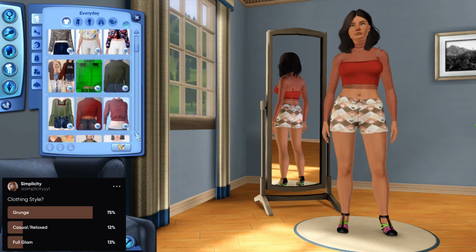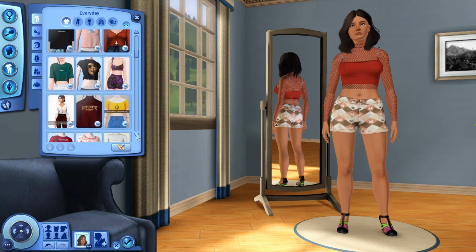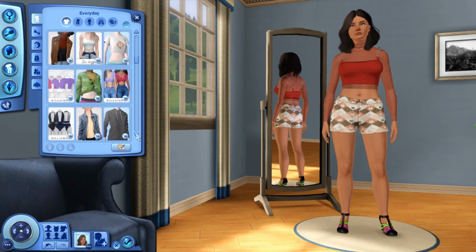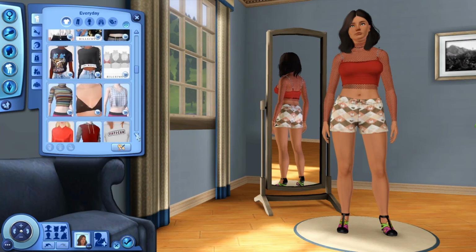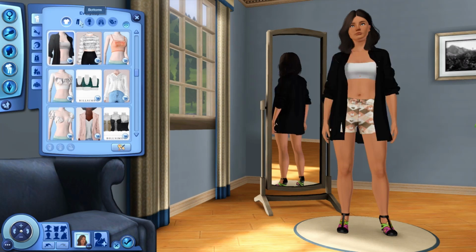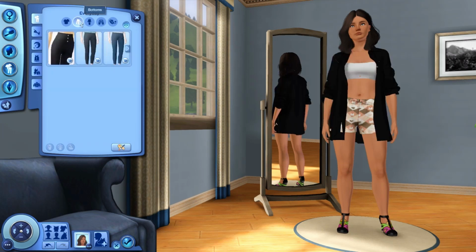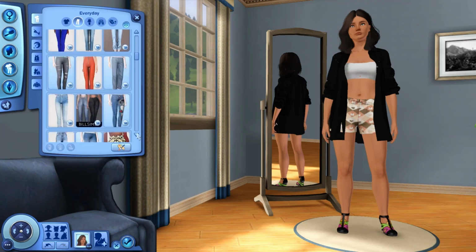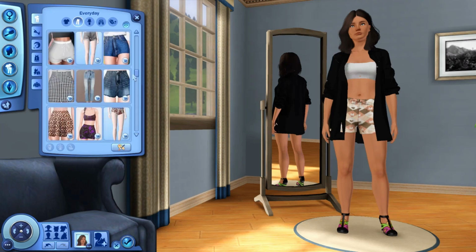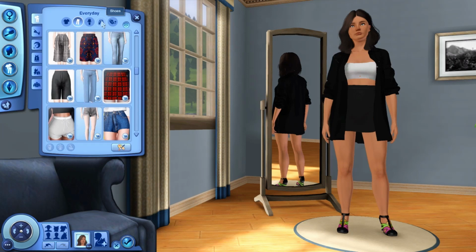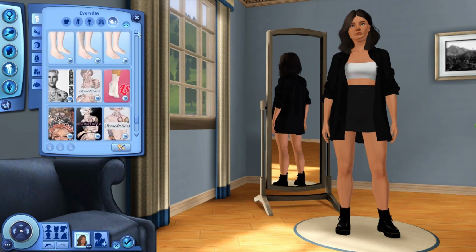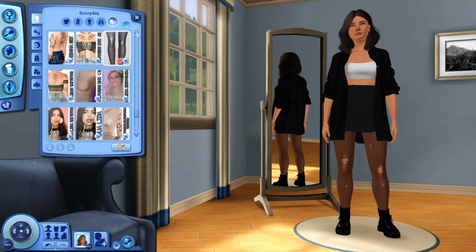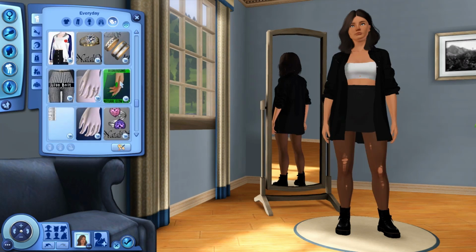And then clothing style, we had grunge, casual, relaxer, full glam. We had a grunge result, which, I'm gonna be honest, you all know that's kind of easy for me to do. So I went a little bit different with it, and I feel like the outfit that I ended up with, it gives me vibes of 2013. I don't know. So we went in. I'm currently going in to add some stockings because I feel like that adds it to the vibe.